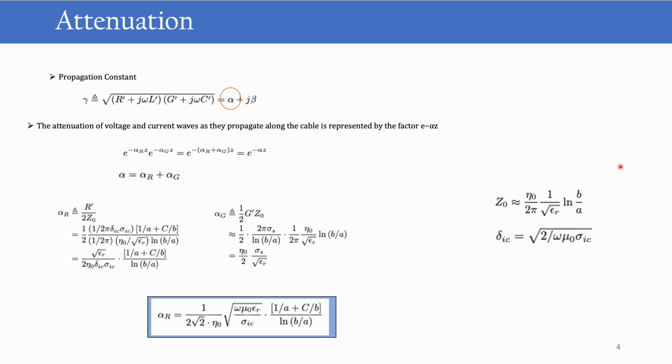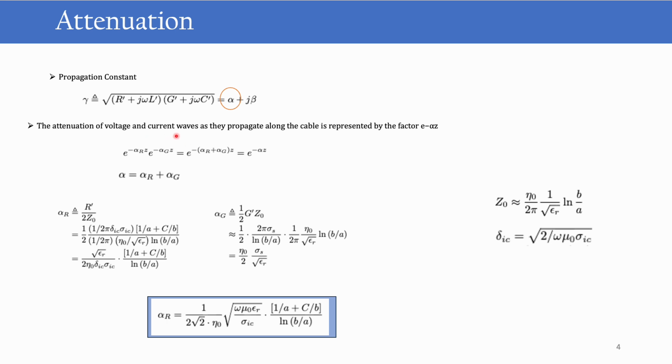Now we are going to find out the attenuation in the coaxial cable and how we can obtain lower attenuation. This is the equation of the propagation constant in a coaxial cable, which is given by the root of (r plus j omega l) times (g plus j omega c). The real part of this equation becomes alpha, which is the attenuation constant, and the imaginary part becomes the phase constant. The importance of alpha is that when a wave is propagating through the coaxial cable, the voltage and current wave